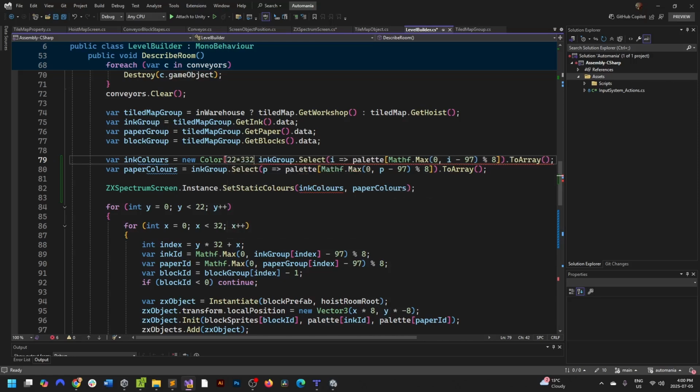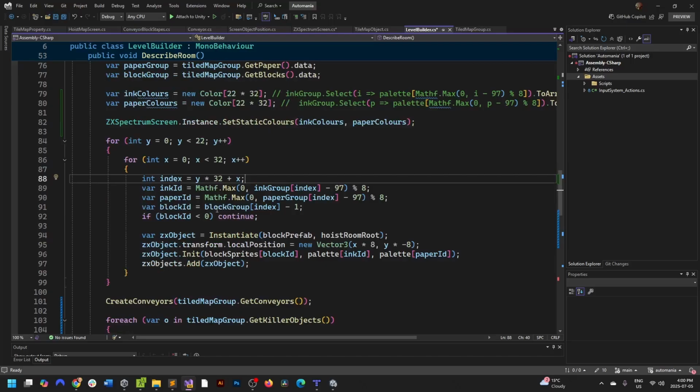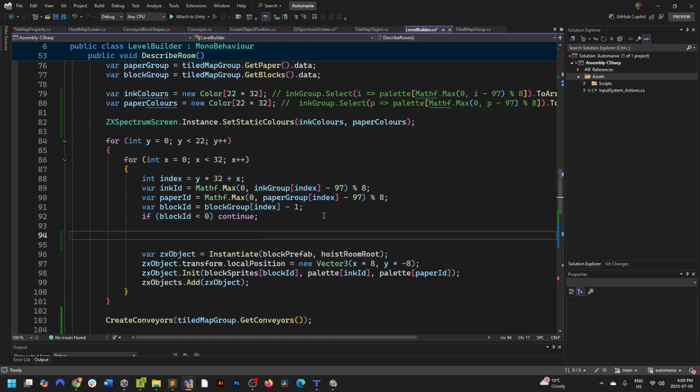22 times 32. New color 22 times 32. And then what we can do is we can then specify that color at the X and Y at the index of here. So we do index and it's gonna be var